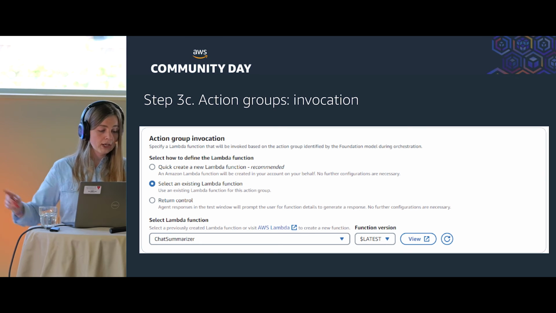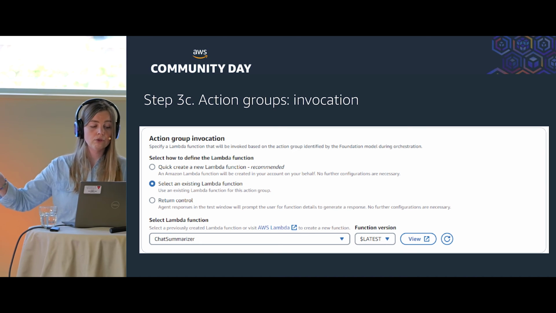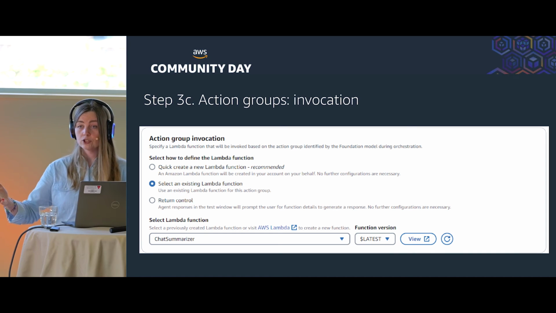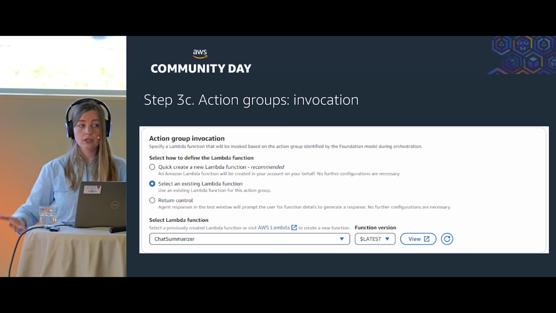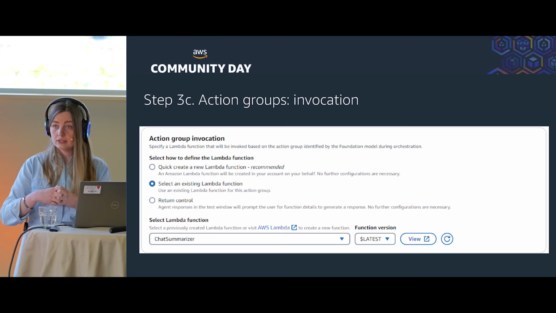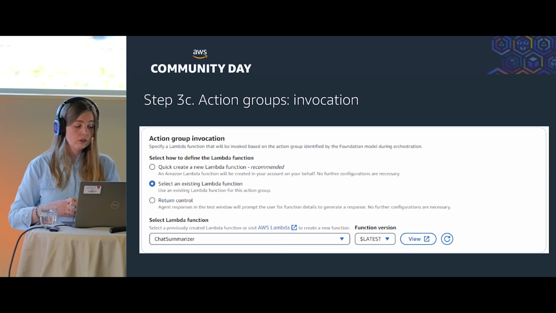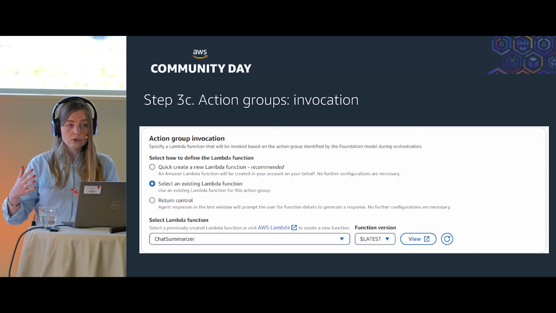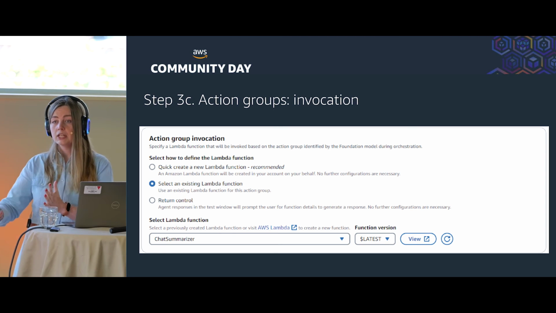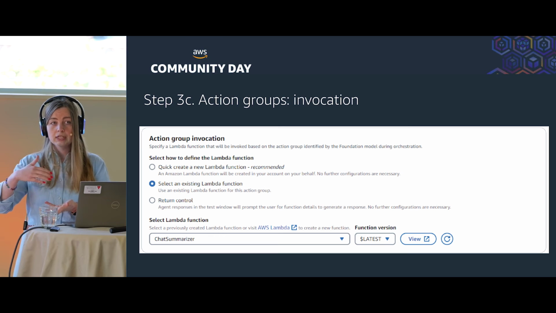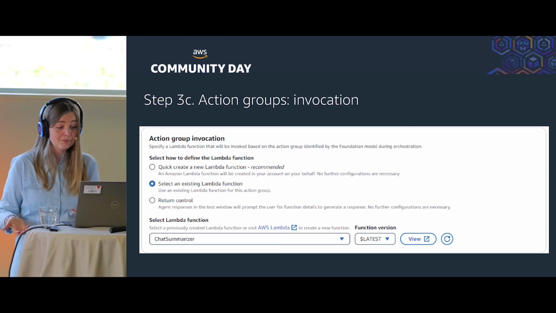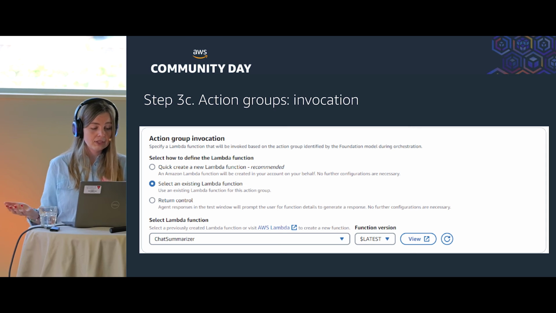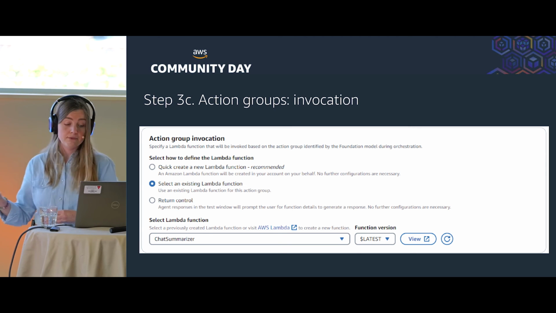And here we also have a new option to quick create a new Lambda function. If you choose this option, a Lambda function will be created on your behalf in your account and connected to your agent. Of course, you can later modify the Lambda code, because the code provided inside this Lambda would be very simple, but it is a way to save your time.